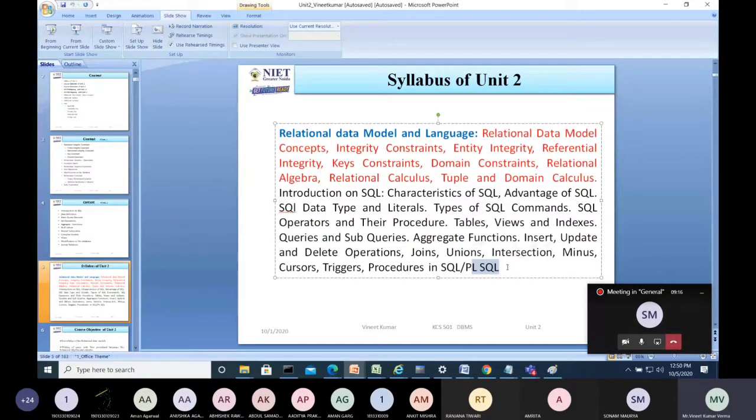But you can see here, there are only three topics which are very useful in PLSQL that may be asked in the final exam. Whatever we have done in PLSQL, this is the basics, right? So we have to start with how we can use variables, how to read the data, how to write the information, how to insert the data into the table, how we can use different kinds of looping statements and control statements, right?